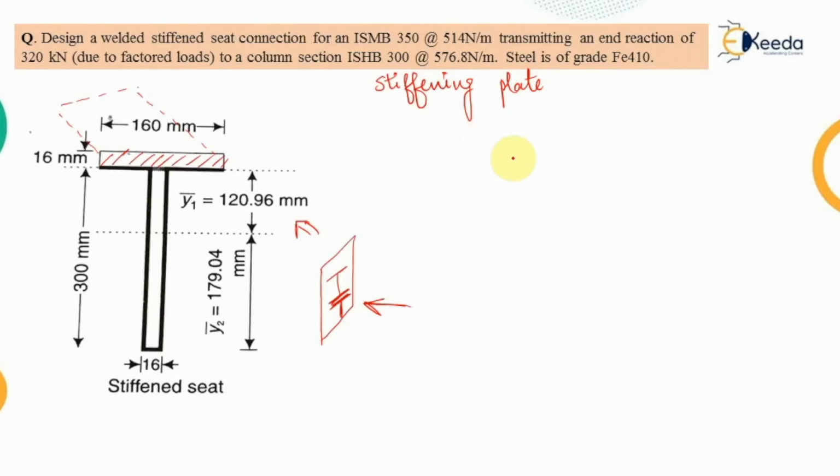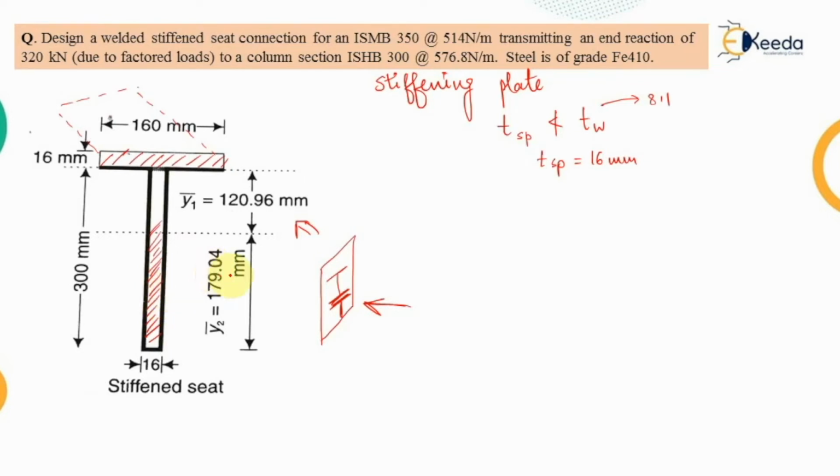Now for the stiffening plate, the thickness of this stiffening plate should never be less than the thickness of the web, and the thickness of the web was 8.1 millimeter, that was directly from the Indian Standard Handbook. Therefore we will again provide the higher size, and the higher size that is available to us is 16 millimeter, and 16 millimeter we are also providing because of the uniformity in the section. Therefore the stiffening plate will be of 16 millimeter thickness. So this is the stiffening plate that is provided in this direction, and its thickness is also 16 millimeter.